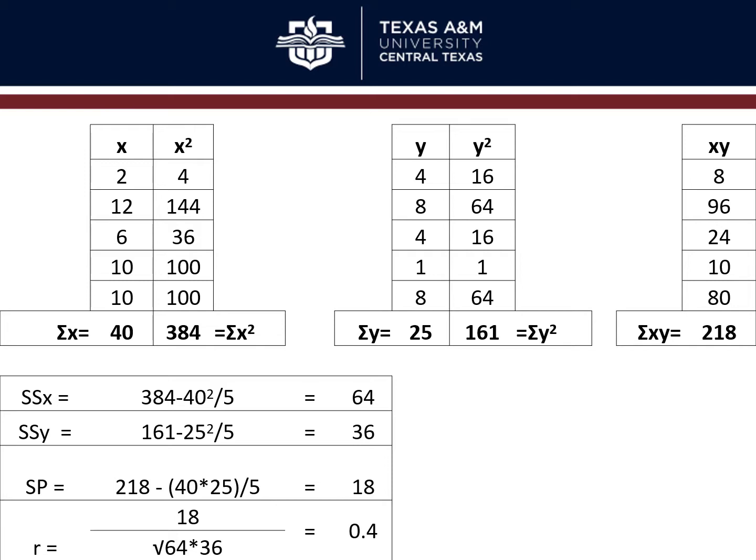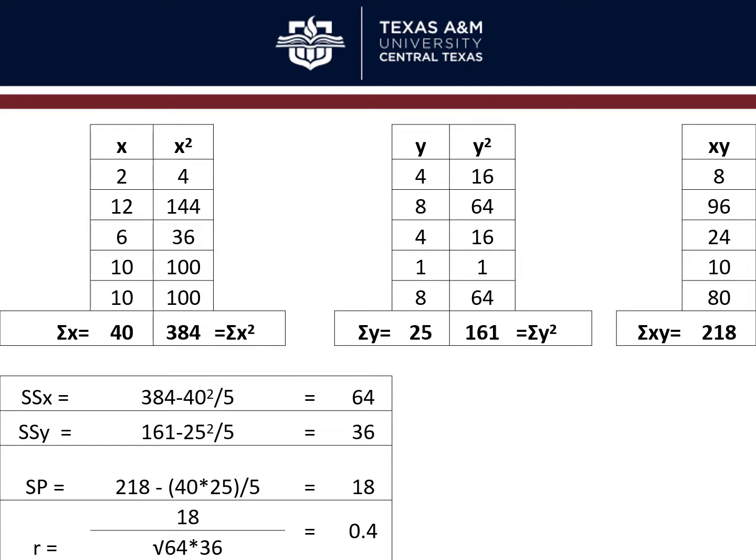So you've got the sum of the X's and the sum of the X squareds, the sum of the Y's, the sum of the Y squareds, and then on the far right, we have this other column, XY. So that's each X value times its Y partner. So 2 times 4 is 8, 12 times 8 is 96,